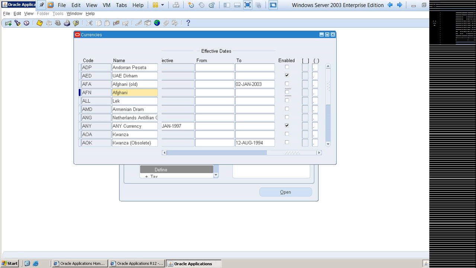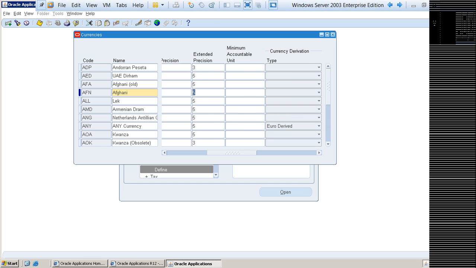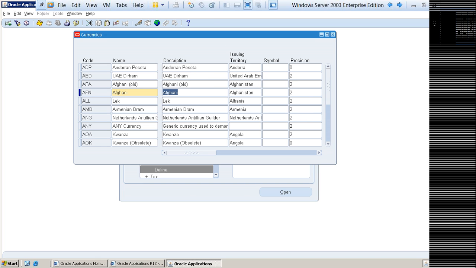Enabled, if you see, it's not been enabled. In case it's not been enabled, you can't use it. If in case you want to use it, you should enable it. Just enable like this, say save. You don't want to use it, disable it, save it. Got it? Yeah. So similarly,